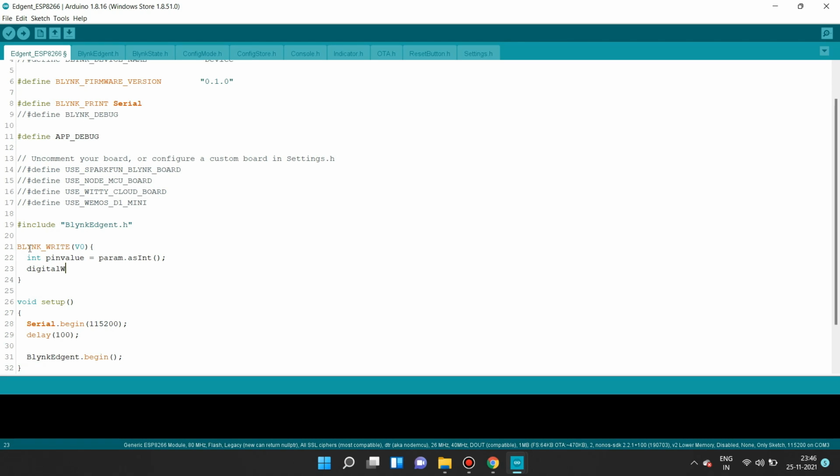Then digitalWrite. Okay, our pin number of the ESP8266. Okay, I am using pin number 13, and the pinValue.